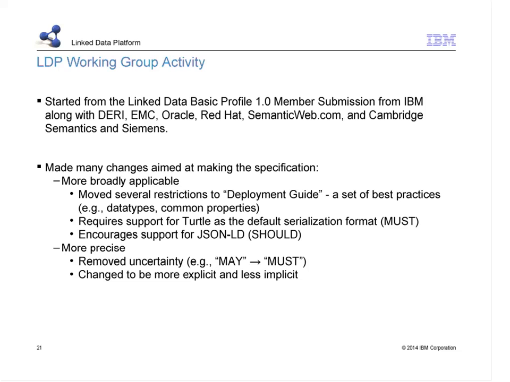standard format, a serialization format, and so we settled on defining Turtle as the minimum requirement from every server and the client. In the submission, it was RDF/XML, because at the time it was the only standard available. But we recently added support, an encouragement to support JSON-LD. And quite frankly, there are people who say that should have been it. We should just have settled on JSON-LD instead of Turtle.